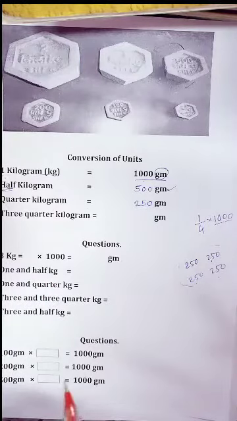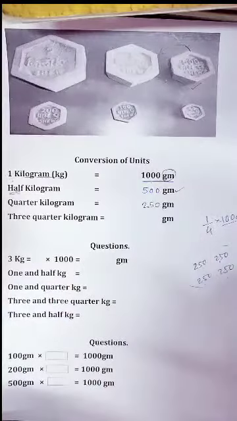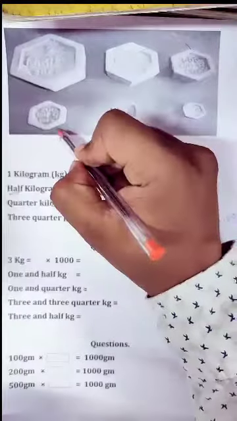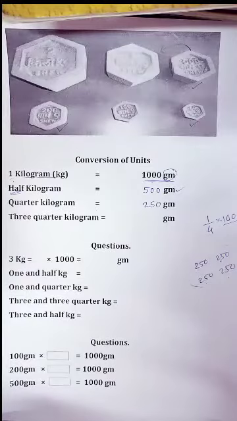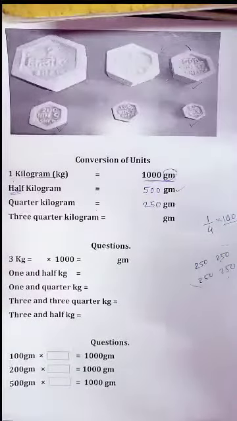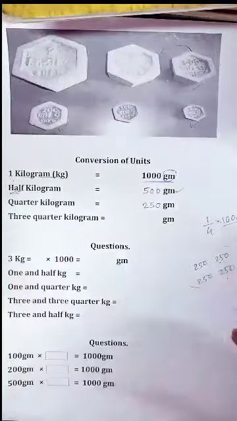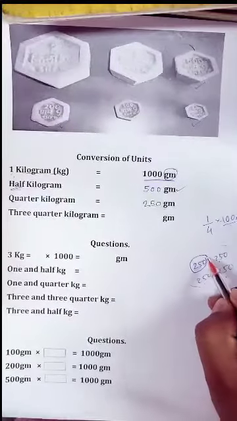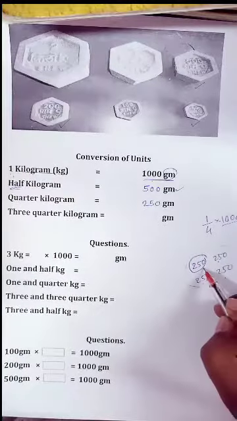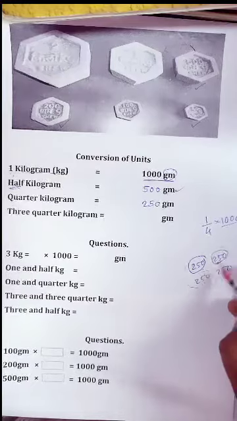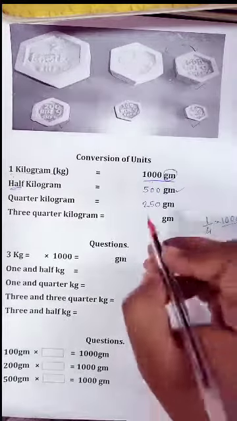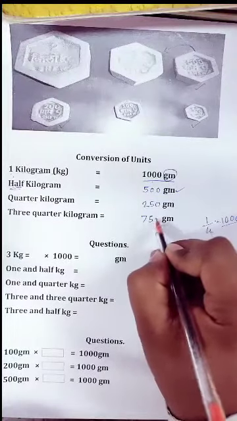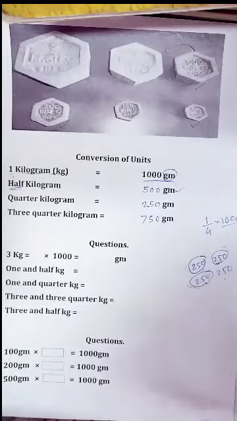Now how can you use that weight? Because 250 gram is not available, you can use 200 gram and 50 gram. So this is equal to 250 gram. Now the next one is 3/4. As you all know, 1/4 is 250, then 3/4 means 1, 2, 3, so you have to add 250, 250 and 250. So totally it will become 750 ग्राम. अभी ये तो समझ में आ गया.